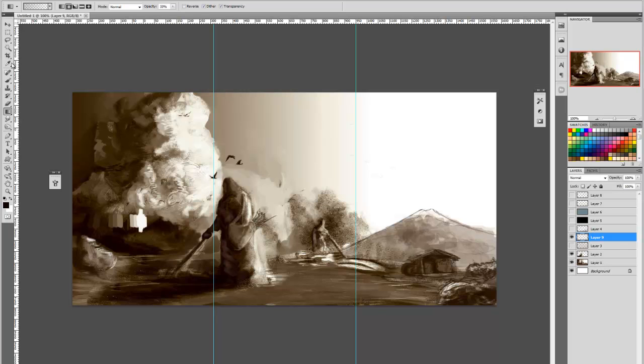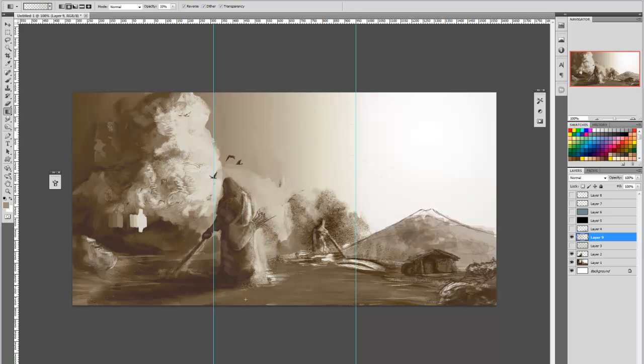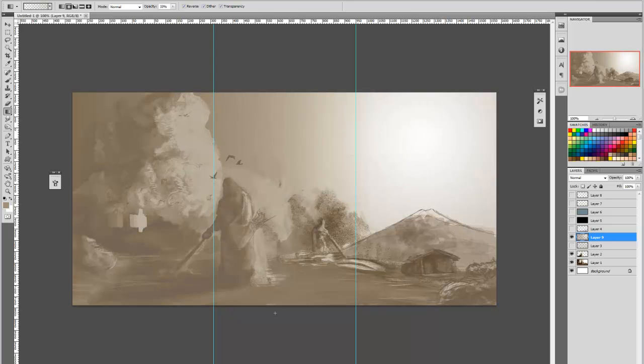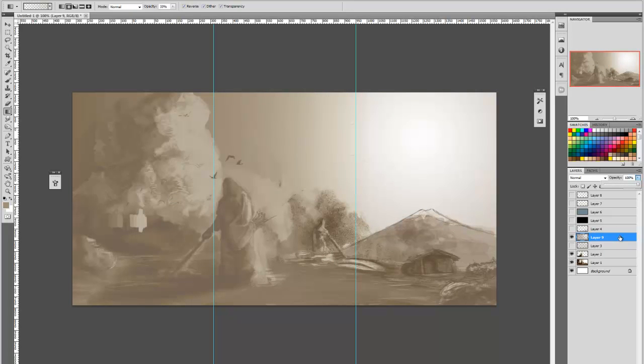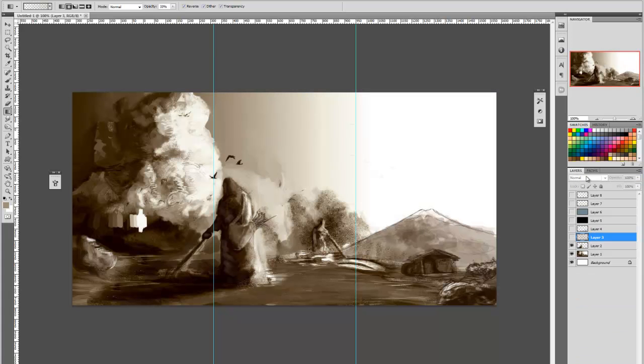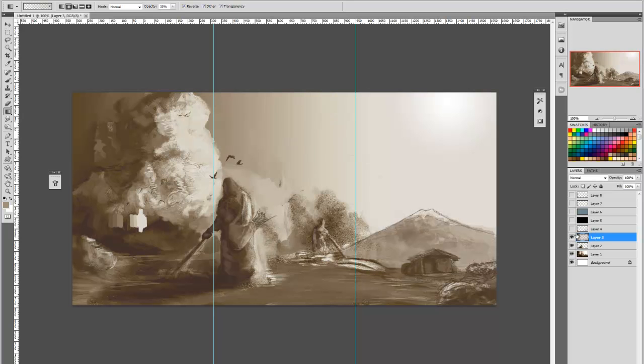I make a new layer, and I hit the reverse. I simply pick a dark color like that, and I do that however many times I want. I can also, of course, move the opacity up and down. Let's throw that out and see what I did off screen. I did this. All right, so now we have the sun over here in this corner